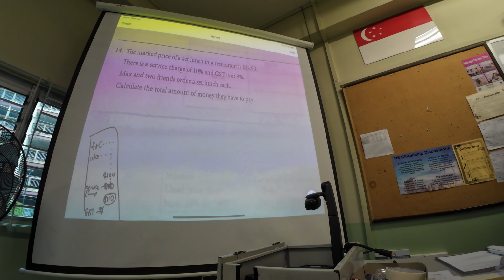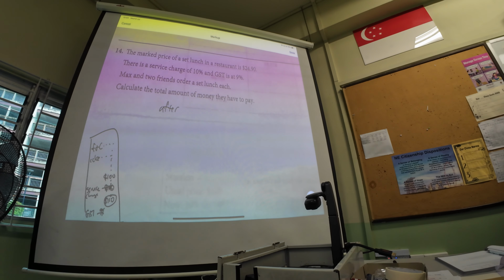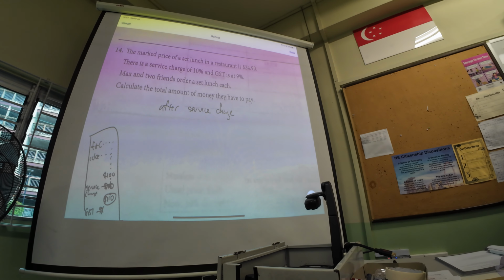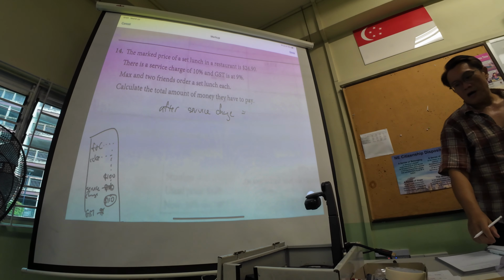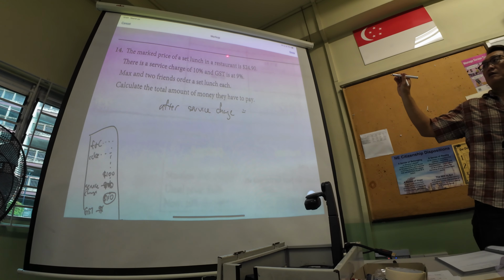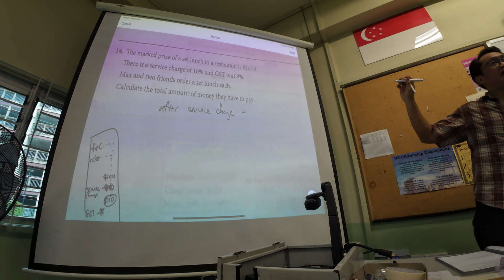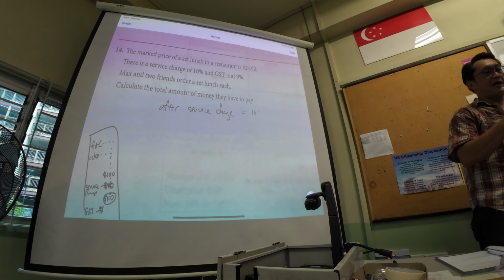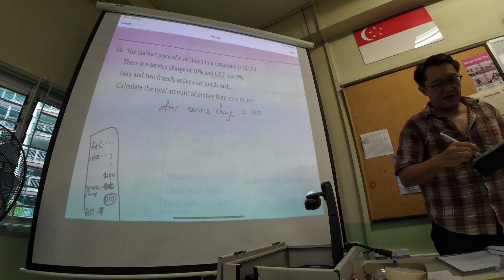So we will write after service charge. The total amount, 10% is the service charge. Then this one is the original 100%. So we can take 100% plus 10%, which will give us,